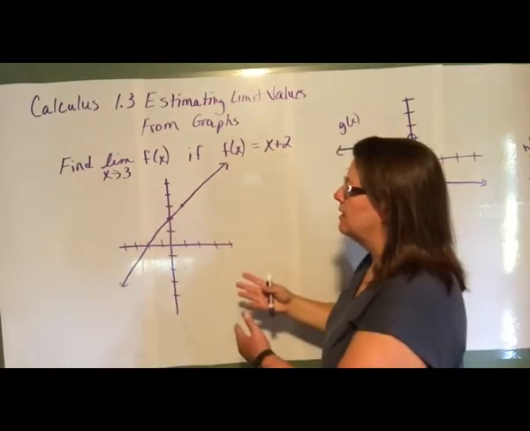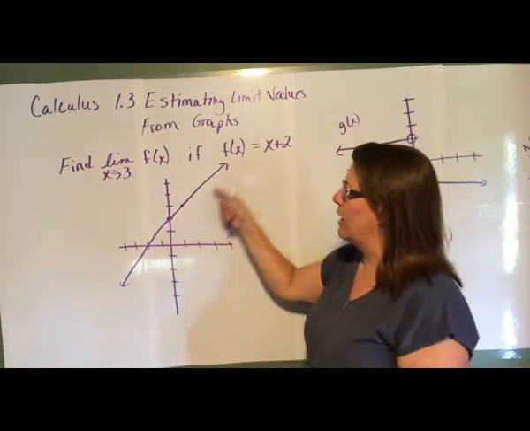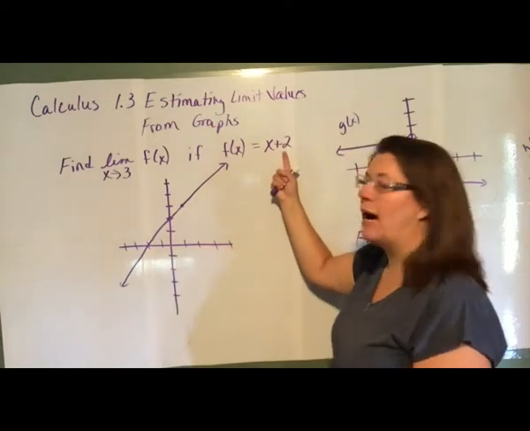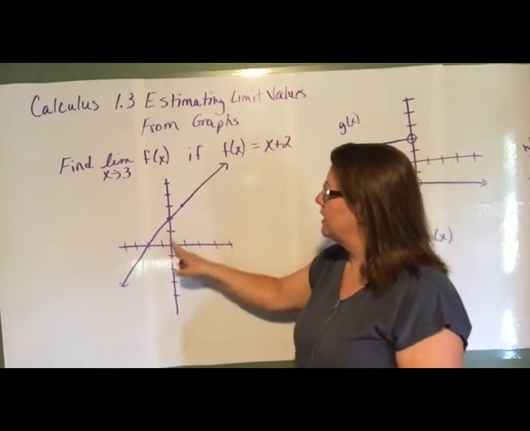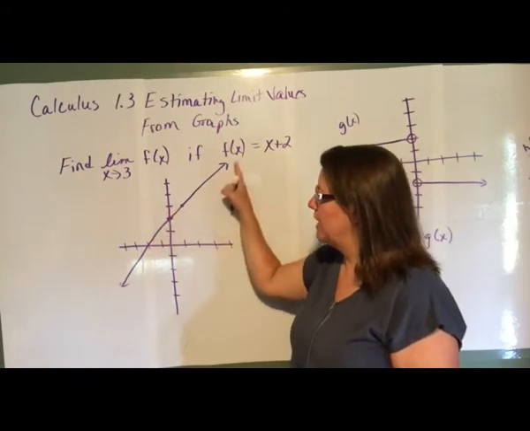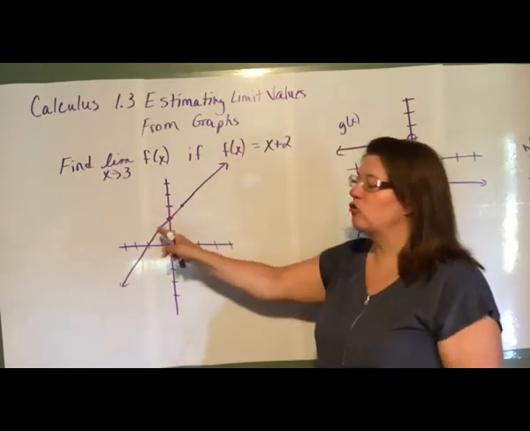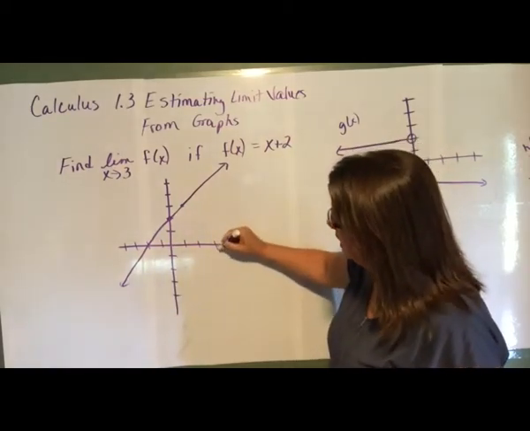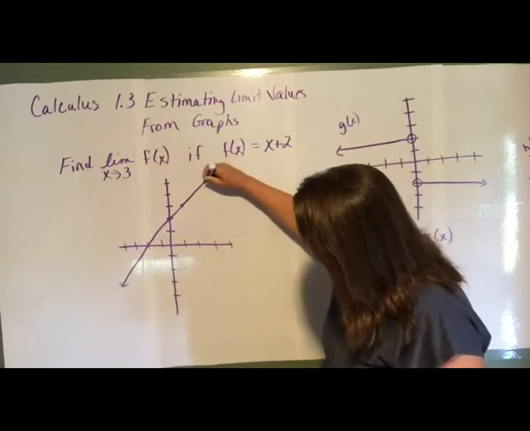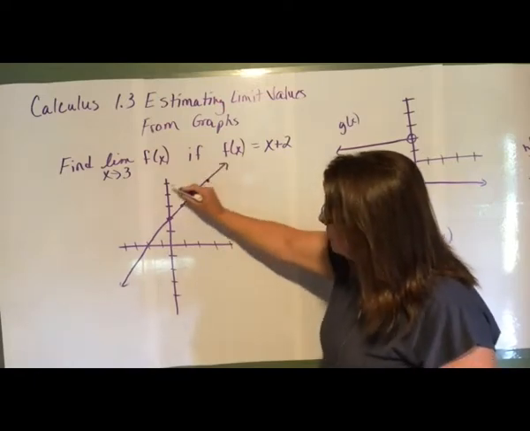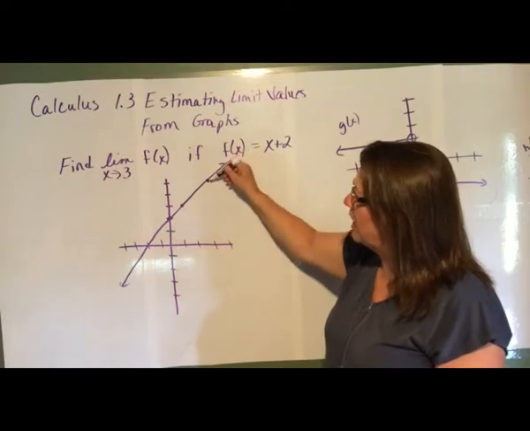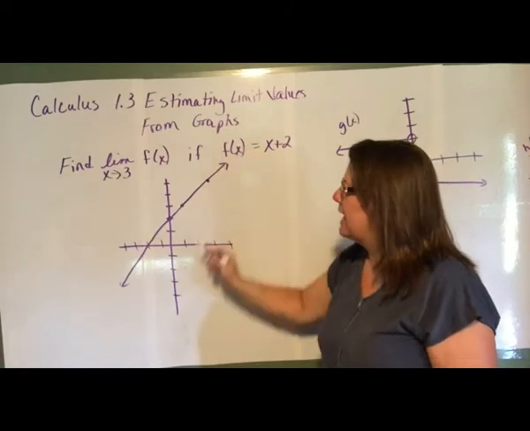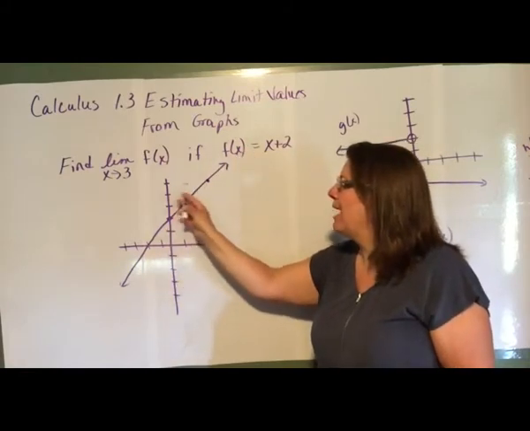But if you look at that doing the graph, the graph of f of x equals x plus 2 is a linear function. The y-intercept is 2, the slope is 1, so we go up to 2, up 1, right 1, we've got that linear equation. So if we look at this graph and where the graph is approaching at the 3, okay, 3 is right here on my graph. It looks like 3 is at 5, and if we look at what that graph is approaching as x approaches 3 from the right and from the left,